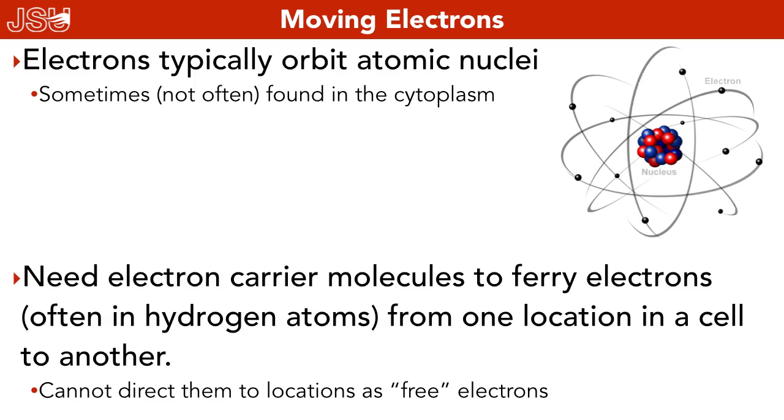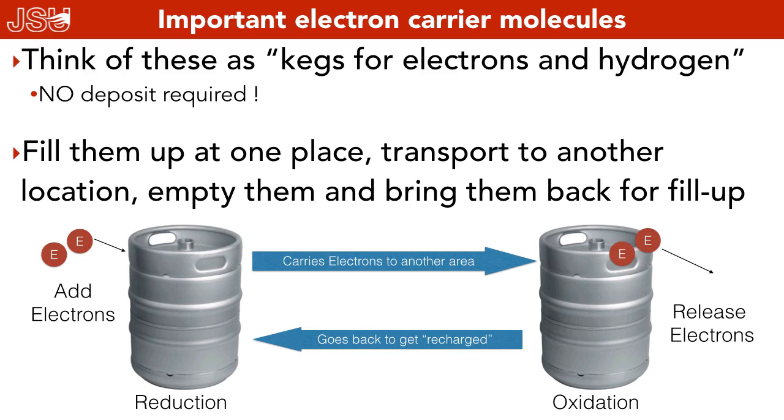Well, we're going to do the same thing here in the cycle. We're going to have kegs for electrons and protons. Because one time we need them, we're going to pull them off one area, and we're going to take them into an entirely different area and use them. So for example, in glycolysis, we're going to pull off electrons and protons, and we're going to carry them all the way into the mitochondria to use them.